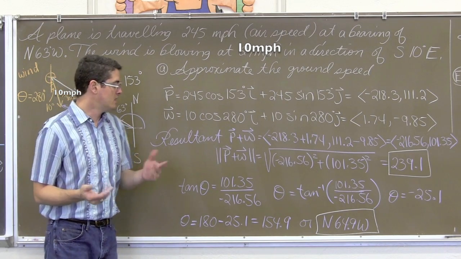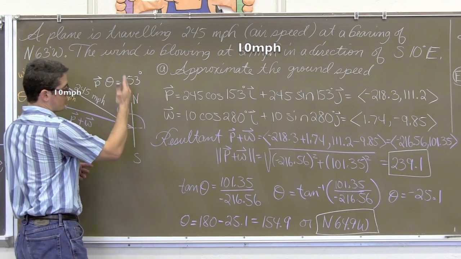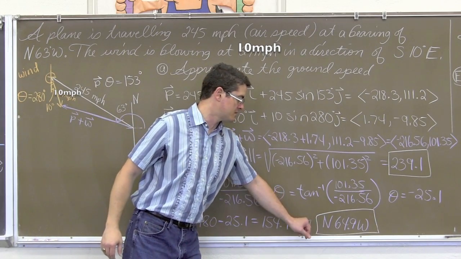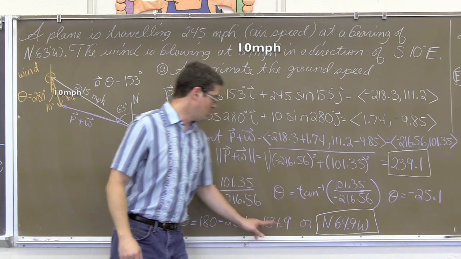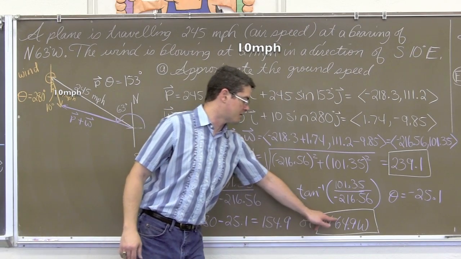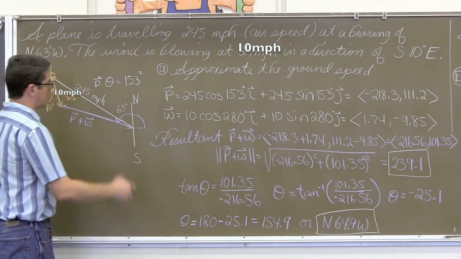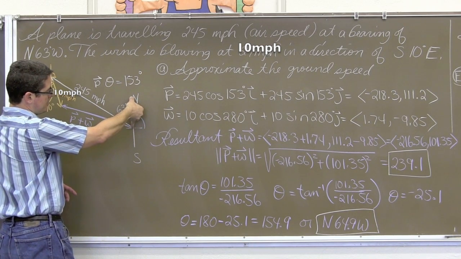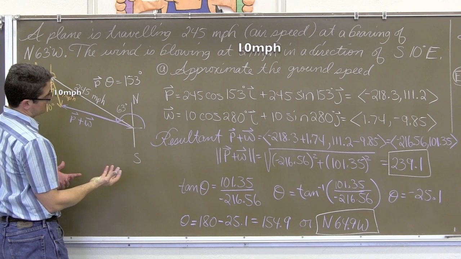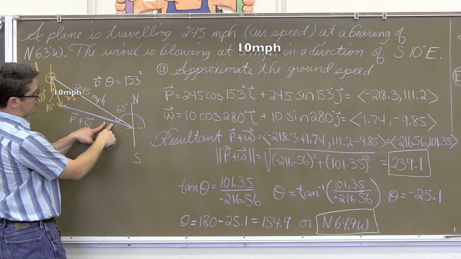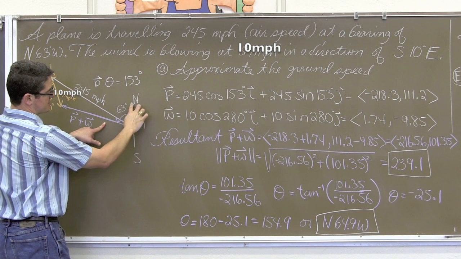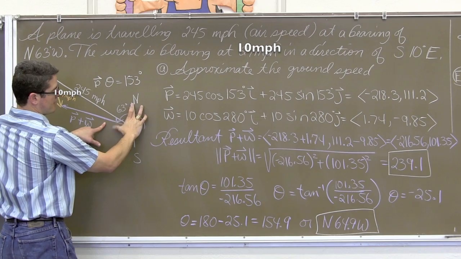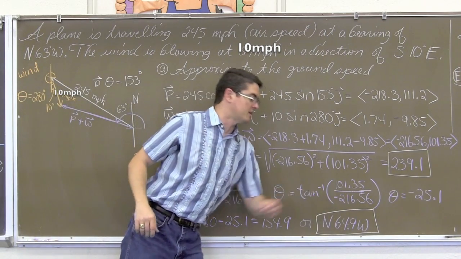Now, if the whole problem starts off in bearings, your teacher's probably going to want that final answer in bearings as well. So, with bearings, you either reference north or south, and clearly in quadrant 2 we're closer to the degree of north, or the direction of north. So 154.9 is north, 64.9 west. Or take that, let's see here, we've got 90, and how do I want to work this out? Oh, well, this reference angle is 25.1 degrees, so I can do 90, which is the difference between north and west. Take 90 and subtract away the 25.1, and you get your 64.9.